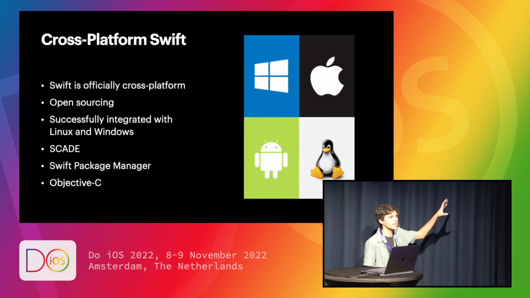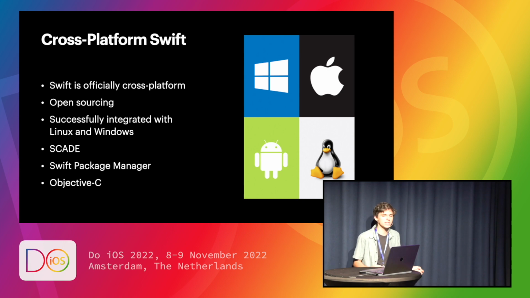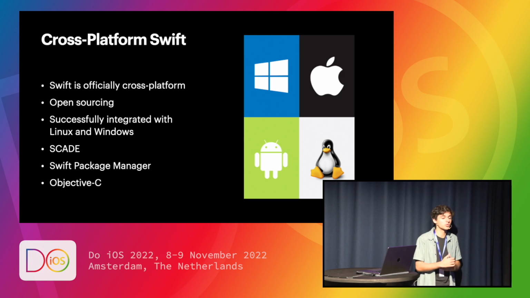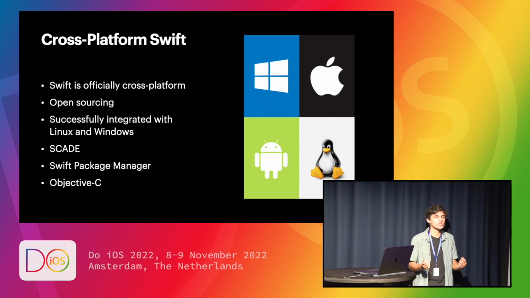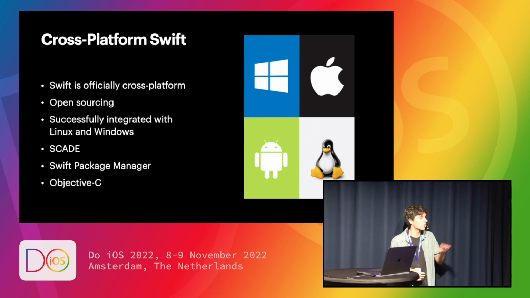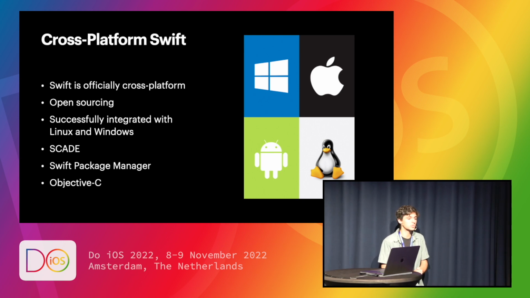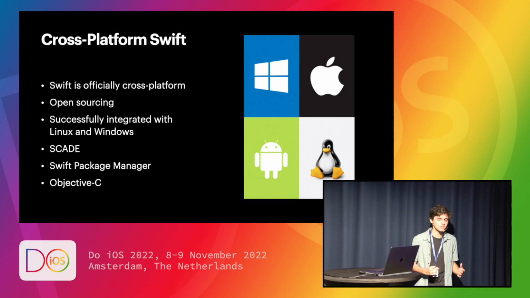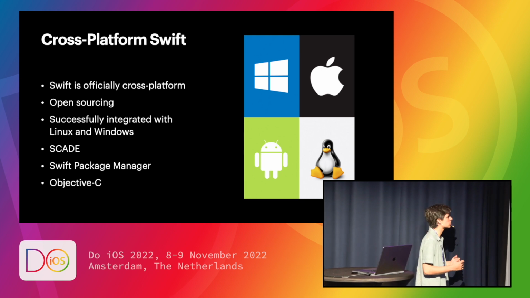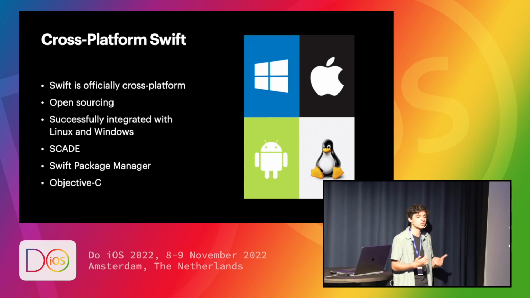So while the UI hasn't necessarily caught up with this, and SwiftUI is not really being applied to Android and other platforms, what you do have is Swift itself being supported on other platforms now. And this is really a byproduct, again, of that open sourcing, which really was a turning point for the Swift language. You have integration with Linux and Windows. You have SCADE, which is a new technology that allows for Swift to be used for Android and iOS development on mobile platforms so that your apps look native, even though both of them are just built using Swift.